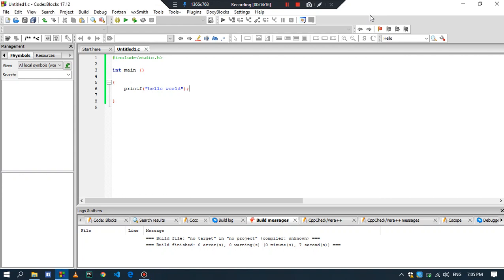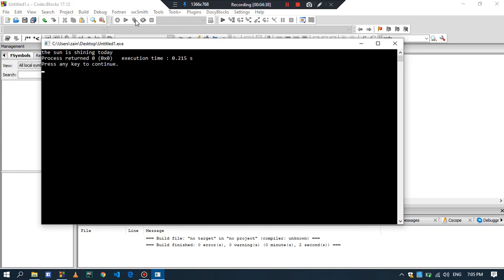So whatever you write in these quotes will be printed on your output screen. For example, I write the sun is shining today. Okay, and then I build the program. So look, the sun is shining today is printed on the output screen.